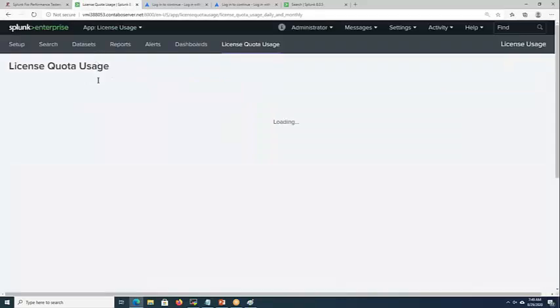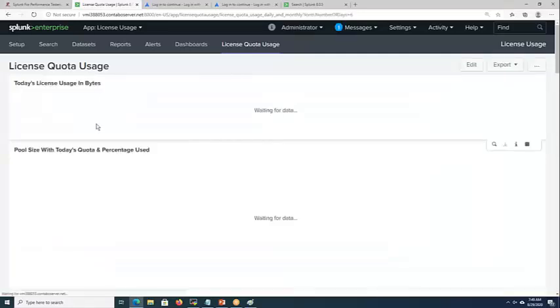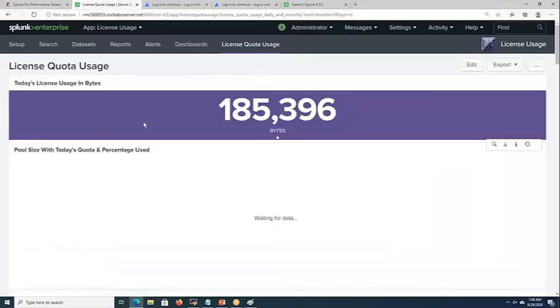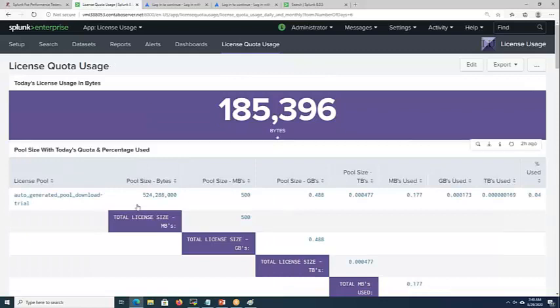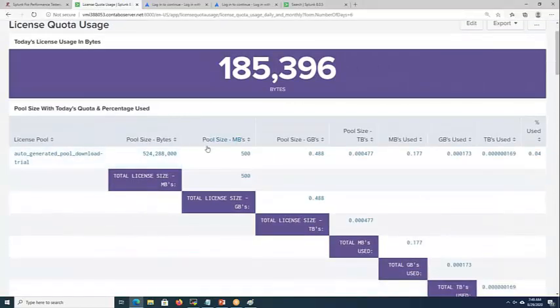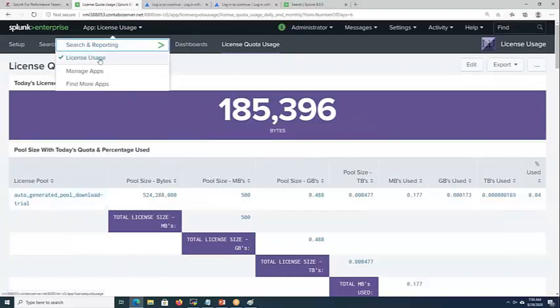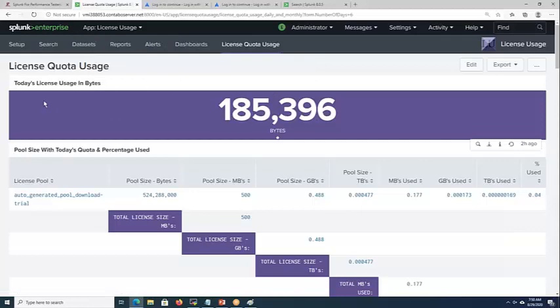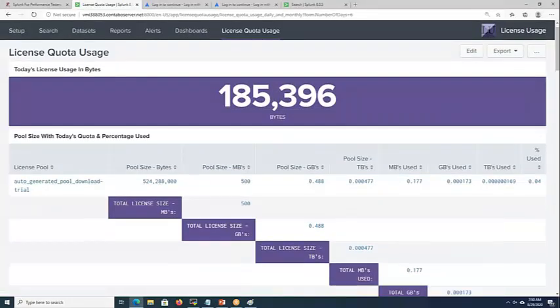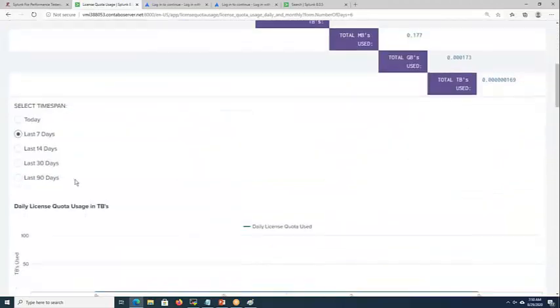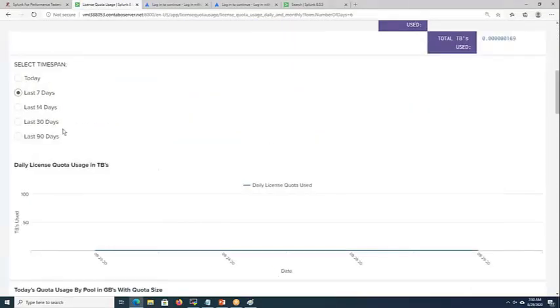So we'll take one or two sample apps and discuss them. These apps will have predefined queries, so we have to import and install them and do some configurations. The license usage app gives me the bytes I have used. If I'm a Splunk admin, I can see in my indexer how many bytes have been transmitted, and it gives me the stats of the data for the last 7 days, 30 days, or last 90 days.